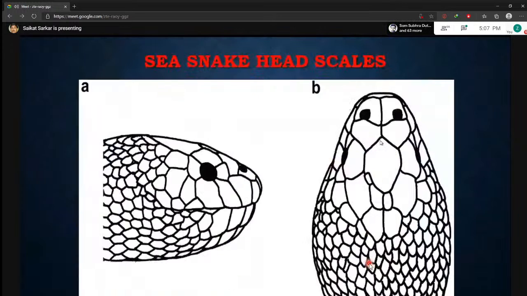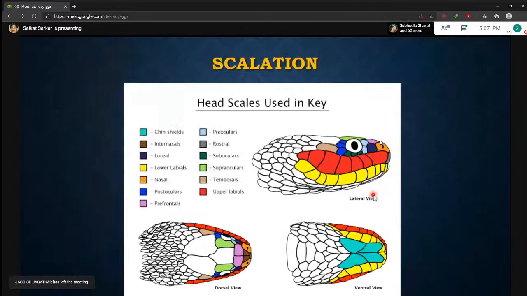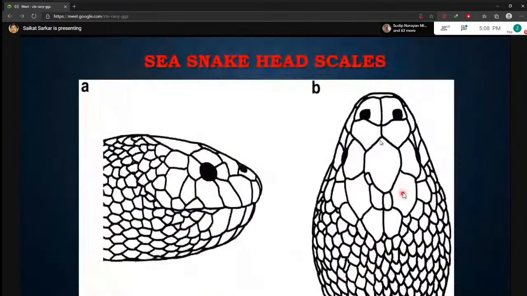So this is the typical head scalation of almost any sea snake, and as you can see, I'm not saying this is patternless, but it is not as discretely patterned as you can see here. There are some irregularities like this. So this is a typical characteristic feature of sea snake head scalation, plus the nasals,